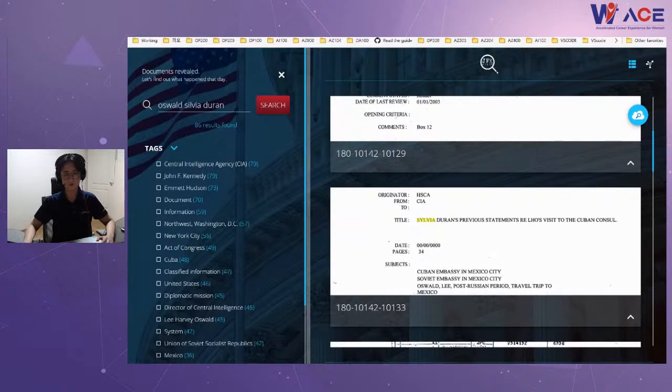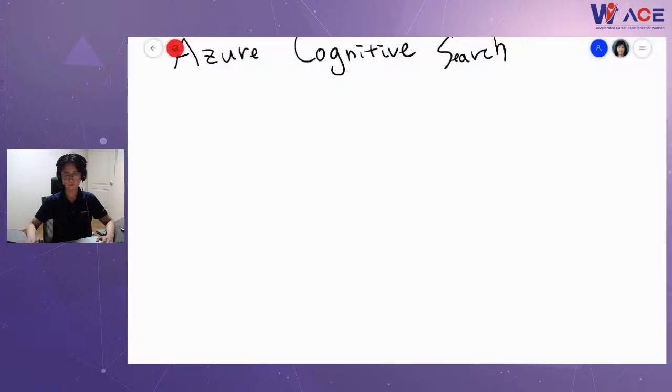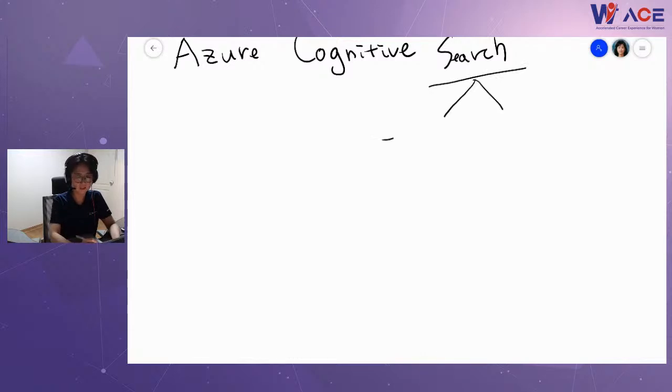How can you make this solution? In the Azure platform, Azure Cognitive Search can help you here. When we talk about search, search mainly consists of two parts. The first part is the index, and the other part is the query. The key difference of cognitive search is AI enrichment.